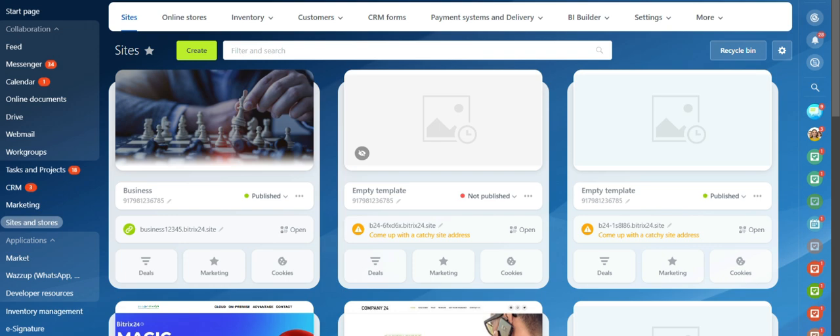Change Bitrix24 subdomain for your site. By default, Bitrix24 automatically creates the address of your site using a random set of characters with the main domain, like .bitrix24.site. You can change the subdomain to make it more recognizable and attract more traffic by adding keywords related